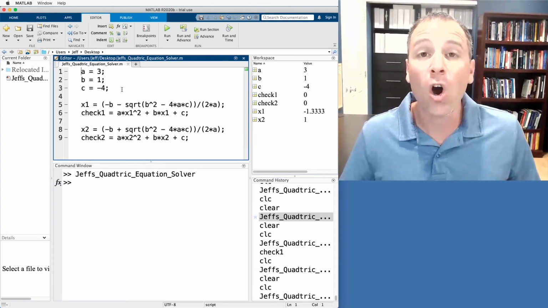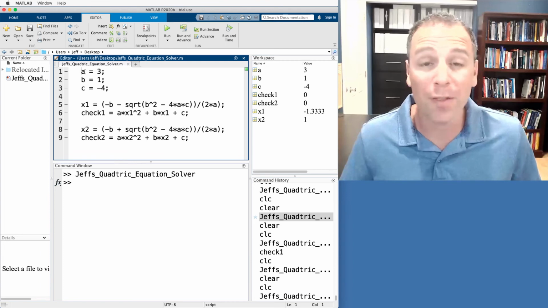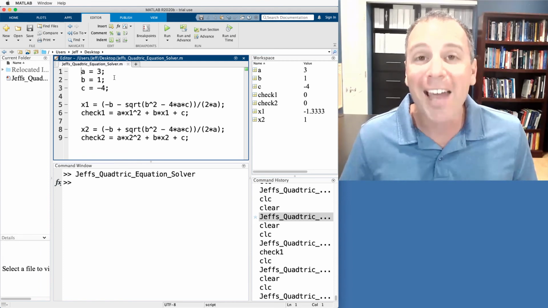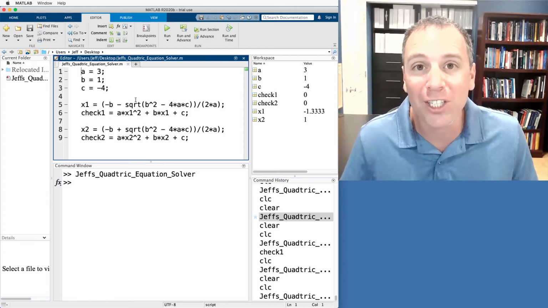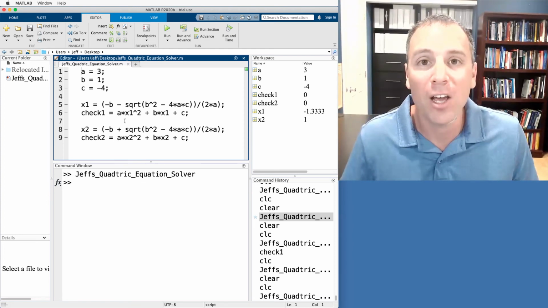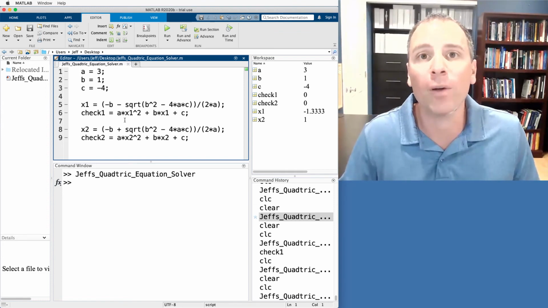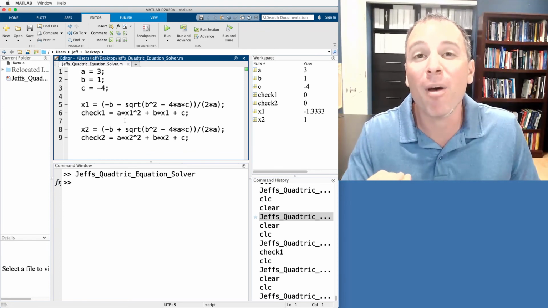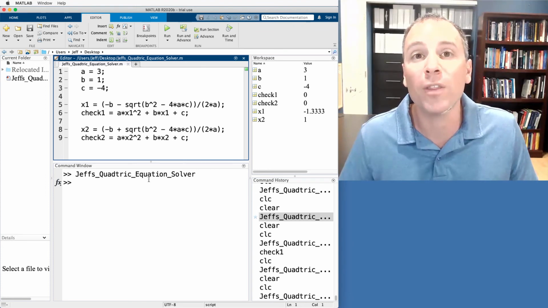That concludes our first introduction to script files. We are not at all done with this problem. This is what I would call very poorly written code. There's no title information, there's no help documentation, there's no author information, and there's not extensive commenting. Those are all features that we're going to include in the code that we write. The point of this video was to highlight some of the power behind script files when we compare that to what we do in the command window.